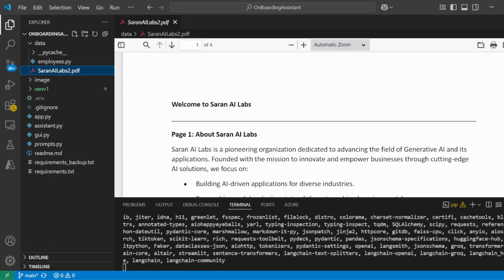Otherwise, what happens is whenever you join a new company, if you don't know about anything, you raise tickets, right? You approach the HR team. What is the policy for the leaves? What is the policy of the promotion? So if you have any